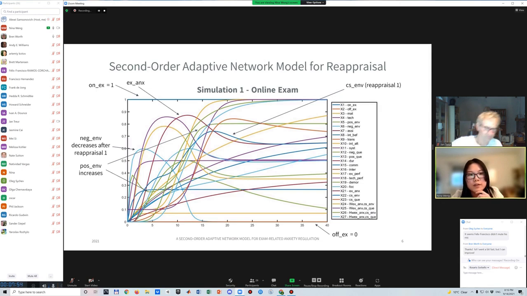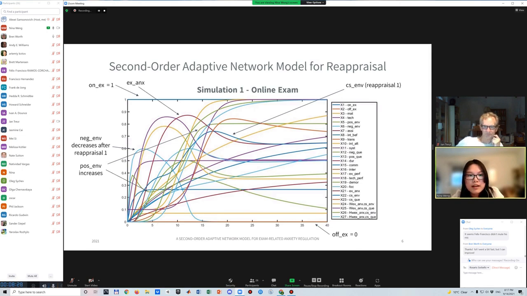After the increase of exam anxiety, the control state for environments will also increase, which will then decrease the negative belief for the environment and also increase the belief for the positive environment. We can interpret it as students thinking about their personal space, for example, their bedroom is much more comfortable than the classroom, which will make them feel less anxiety about